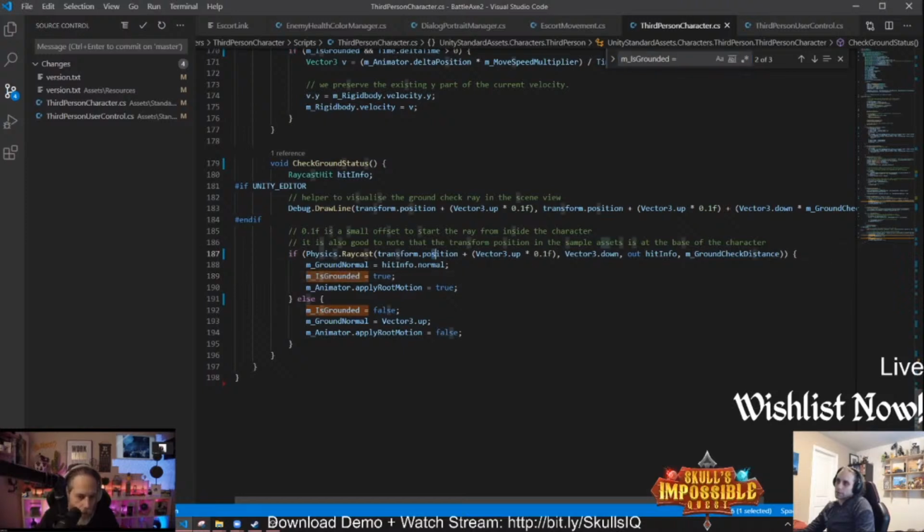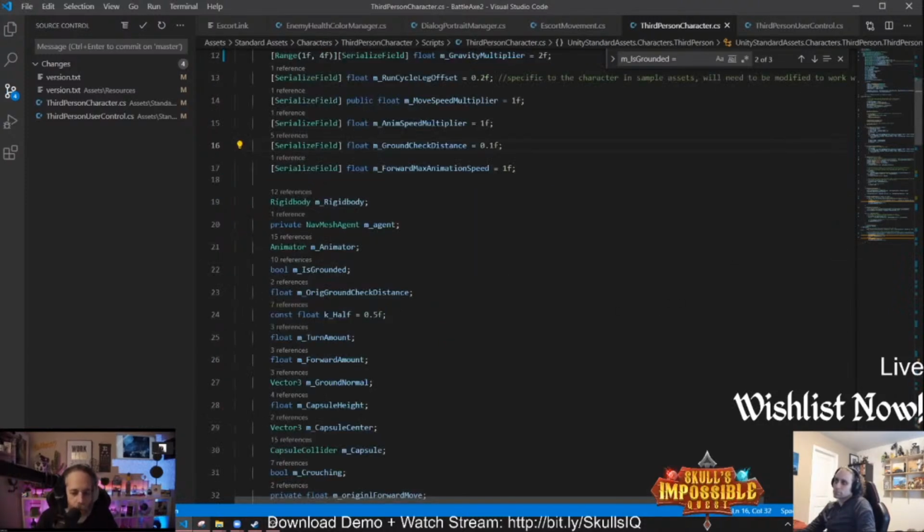Right. And then if that raycast actually comes back properly, then it gives you... So it uses the position. What's the ground check distance? And what's the pivot of your character? That's probably the problem. Is the ground check distance like less than a meter? Yeah, it is. It's like 0.1. And is the pivot of your character